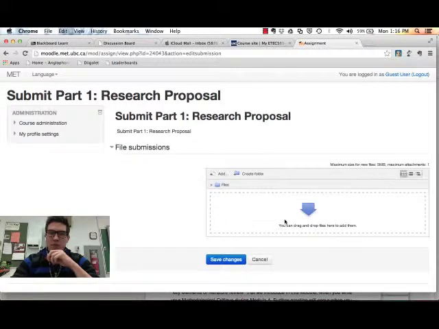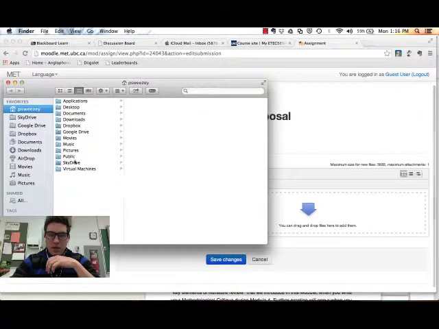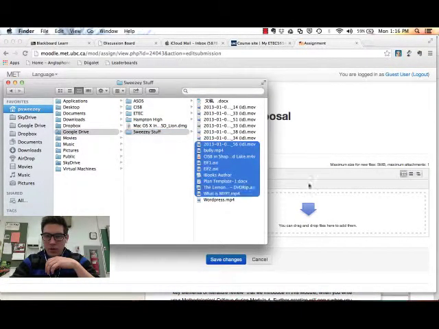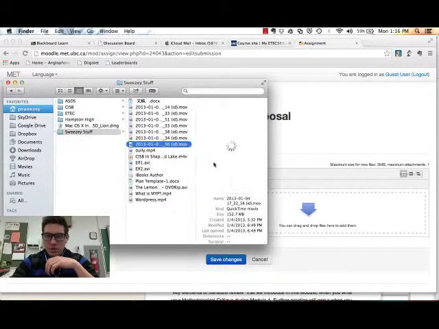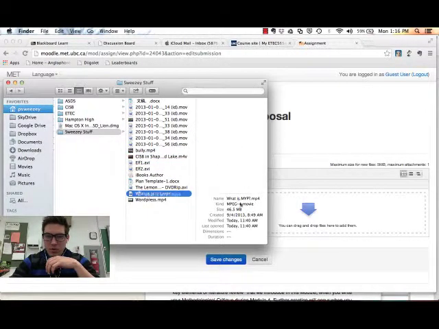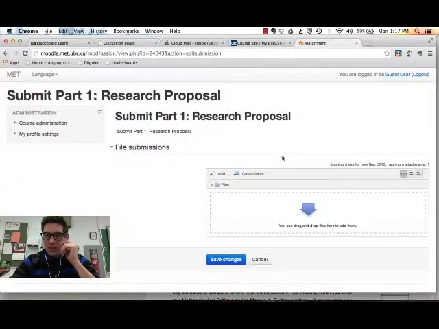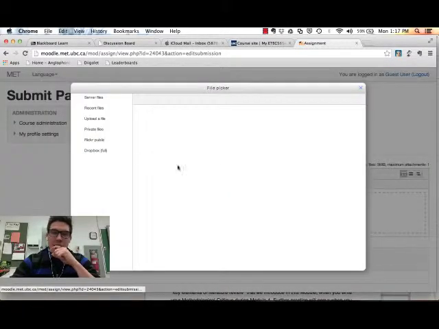Okay, once I've clicked on submit, you'll notice that I can drag and drop, so I can pull up any document that I have and throw that in here. So let's just say I want to throw in what is MYP. There are file size limits. That was a movie, so obviously it's going to be a bit too big, but all I have to do is drag and drop, or I can add files by clicking on that icon